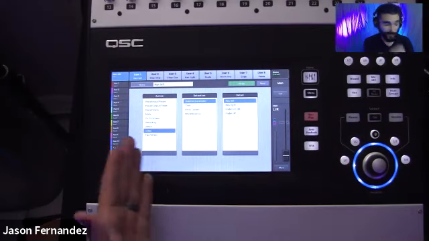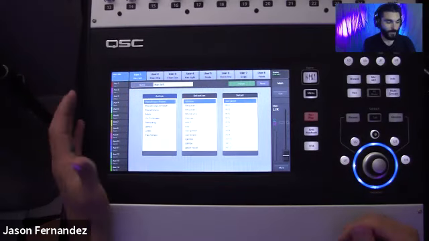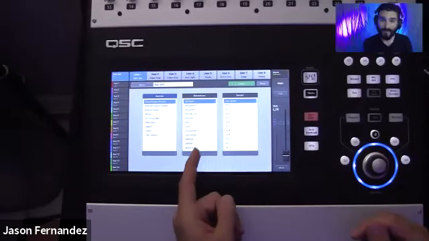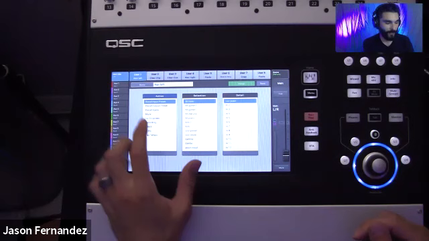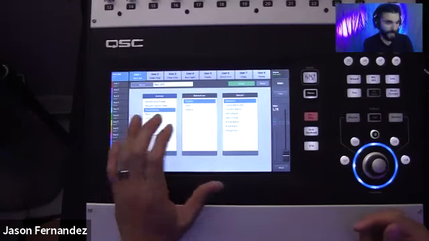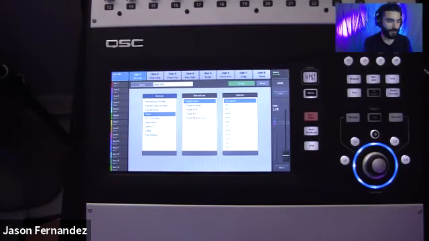I can set this thing up to do a whole bunch of different things. I can be recalling input or custom presets that I might have saved on any of my channels. I can recall output processing if I'd saved any of those. I can use it to recall different scenes. I can activate mutes on channels or outputs or groups even.